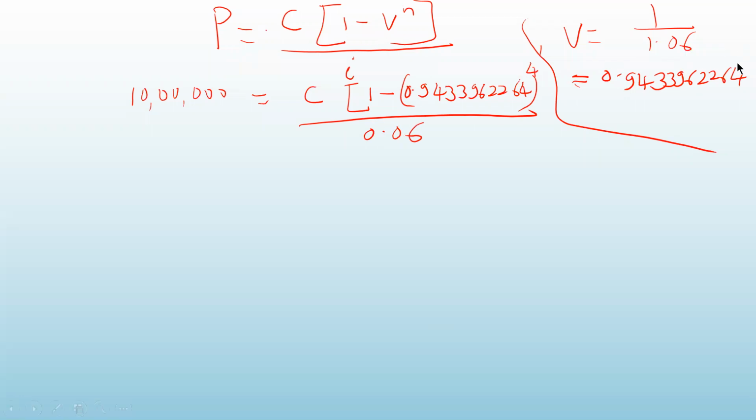So this number is already on the screen of your calculator. If you want to take its fourth power, what you have to do is press multiplication after this number and then press the equal sign 3 times. You will get its power, V raised to 4. So you will not have to type this big number again and again. So 1 minus V to the power 4, you can find out its fourth power.